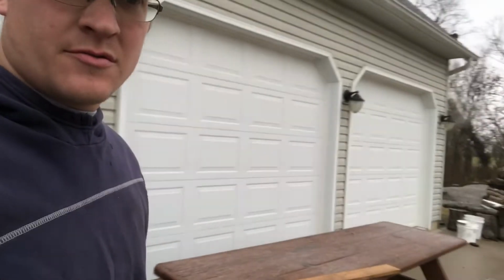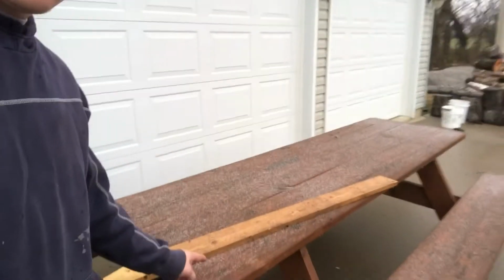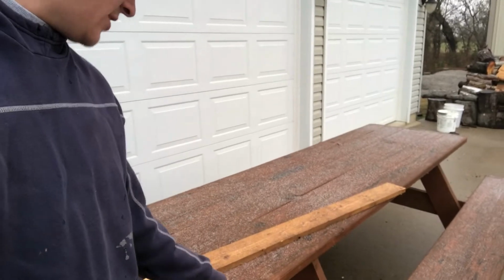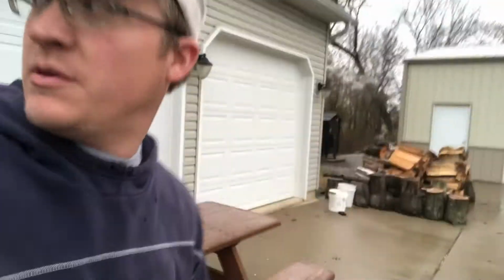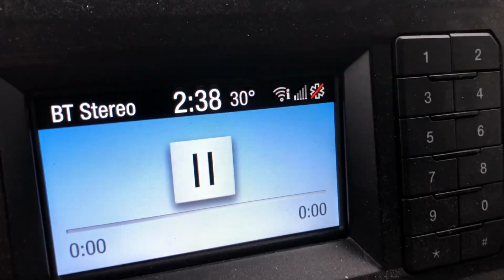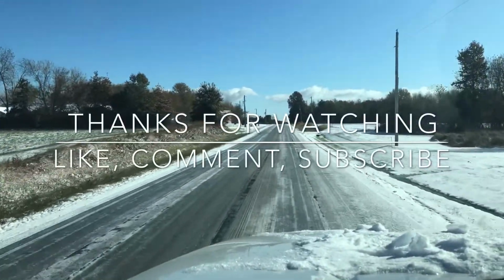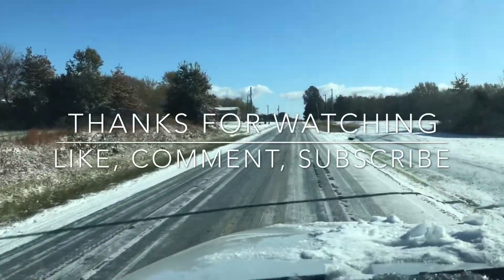It's been a little wintry mix. Rain, some snow and sleet. You can see, I don't know if you see on the table. I mean, it's not much. I know you northern people are probably thinking, what's the big deal? Whew. I'm ready for hay season. Road is basically a solid sheet